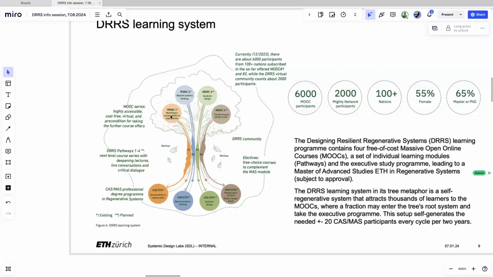And we can see the color coding with 4 colors and 4 elements. MOOC number 1, massive open online course number 1, is connected with the CAS, certificate of advanced study, number 1. Same with the other MOOCs. Eventually one can do any of these elements in isolation. Only the final MAS module, the master design thesis here in brown at the end, is the final degree granted by ETH when all the other elements have been taken. They can be taken in different rhythms, so one can start with any of these elements. It's very flexible and very adapted to work rhythms.